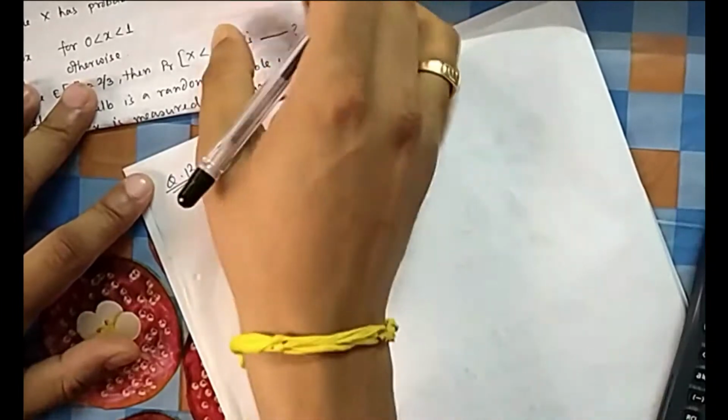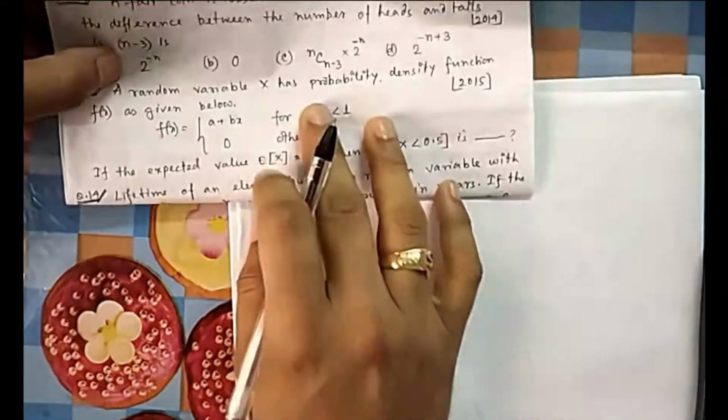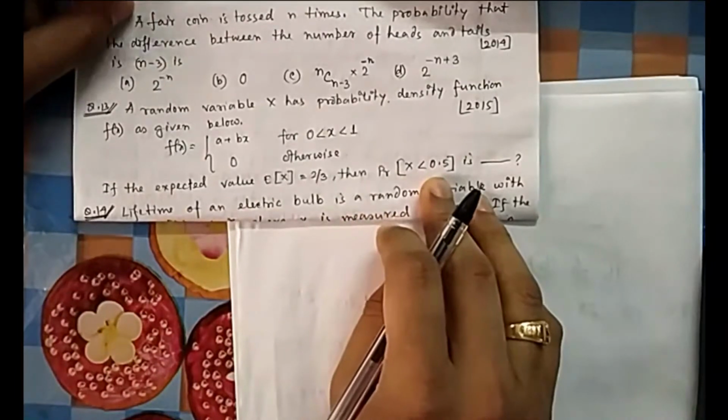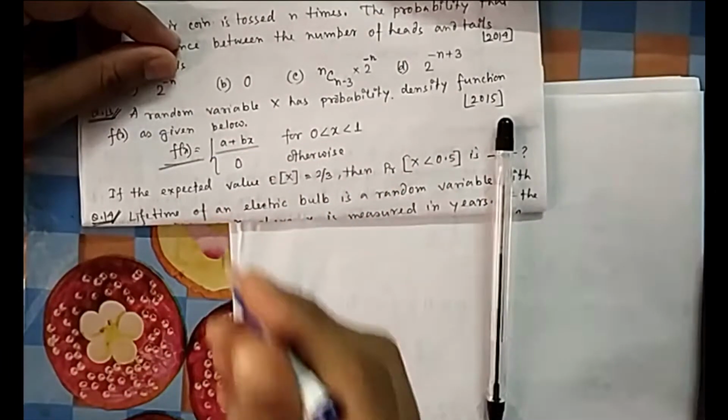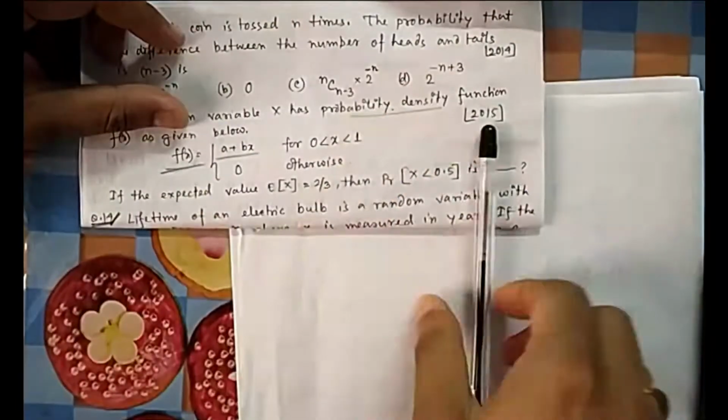So in 13, the random variable x has a probability density function given by this. The expected value is this much. What is the probability of this? If you see this type of function, small fx, and some algebraic function or whatever function, it is a small fx and a probability density. Small f always represents a continuous random variable.